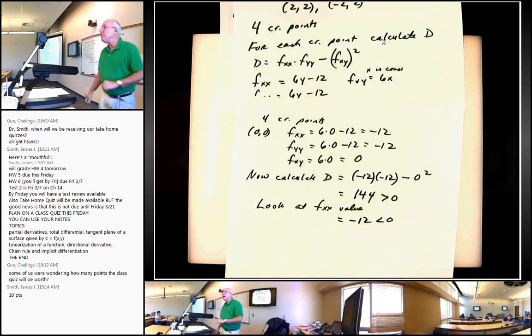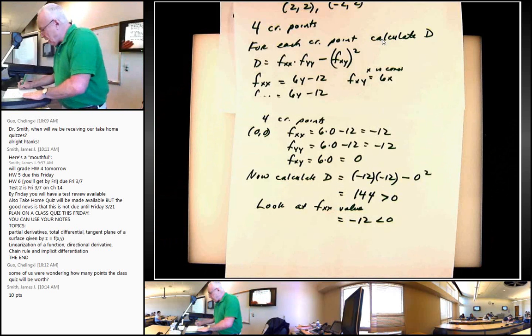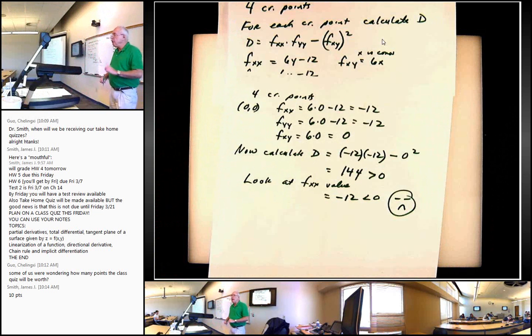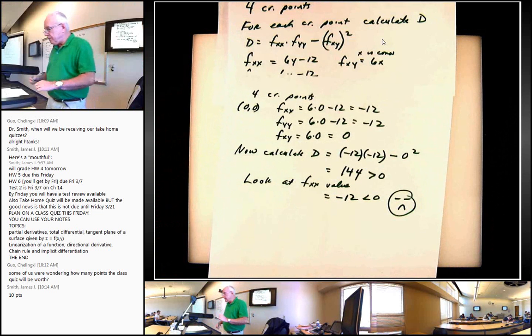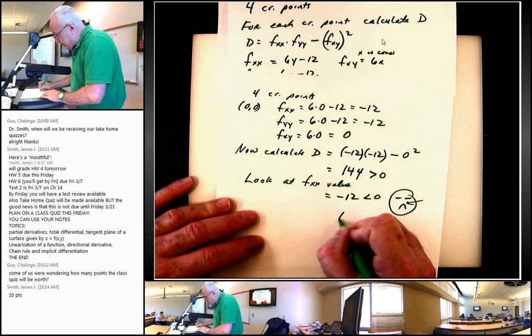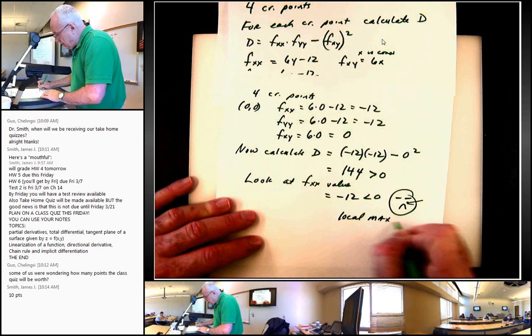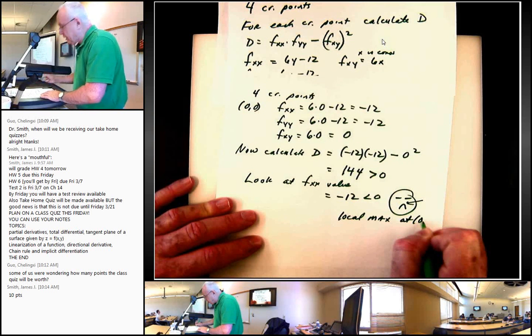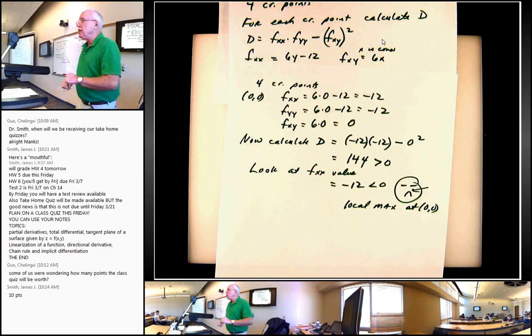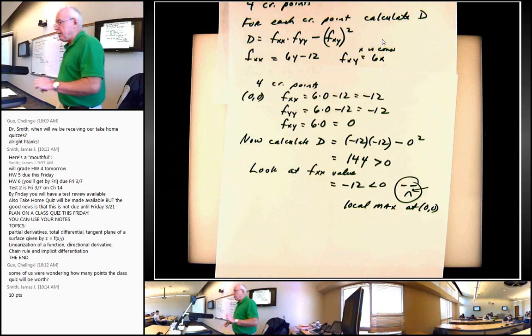So it's a negative value. If you like, you can draw your little face here, and you can tell from the negative face that we have a local max at that first critical point, 0, 0. All right. Okay, let's plow through the other 3 critical points, and then